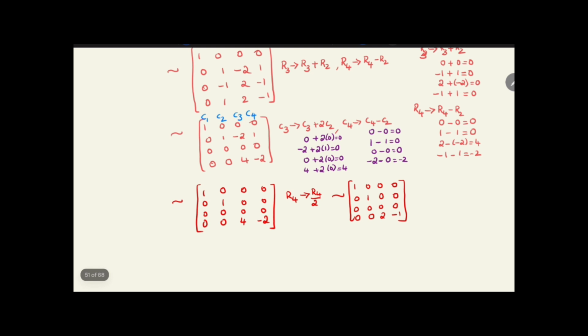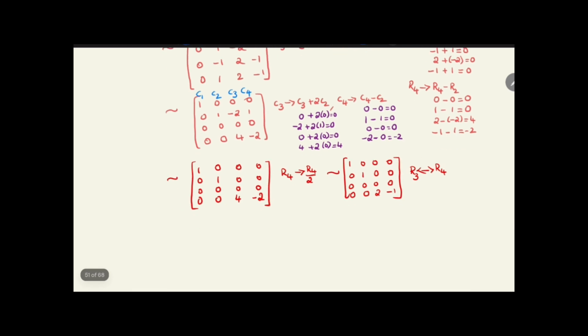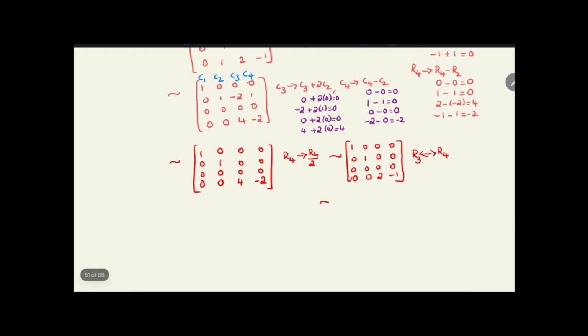Next, again what I will do here, I will swap R3 and R4 so that the last row becomes 0. Okay, now what will be the matrix now? 1 0 0 0, 0 1 0 0, 0 0 2 minus 1, and this is 0 0 0 0. Okay, I should make